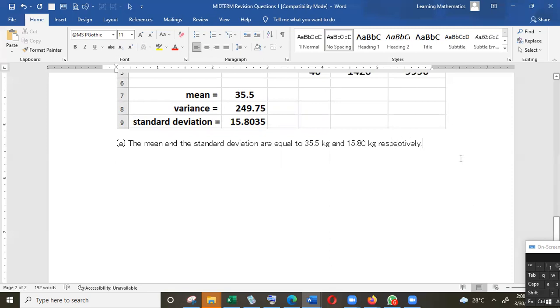Okay, and this is supposed to be in Times New Roman